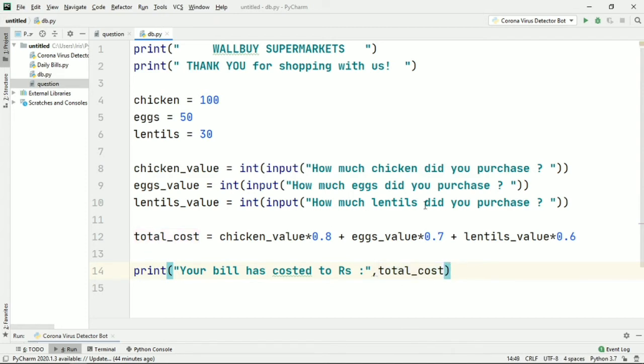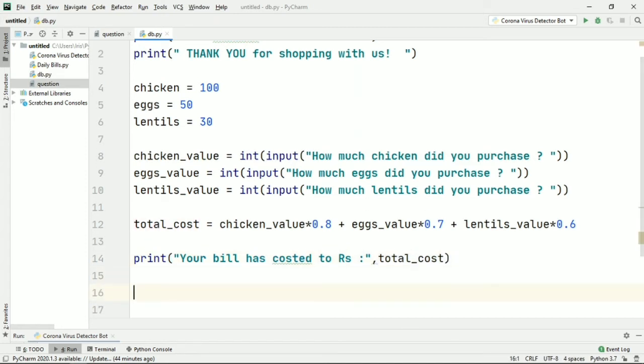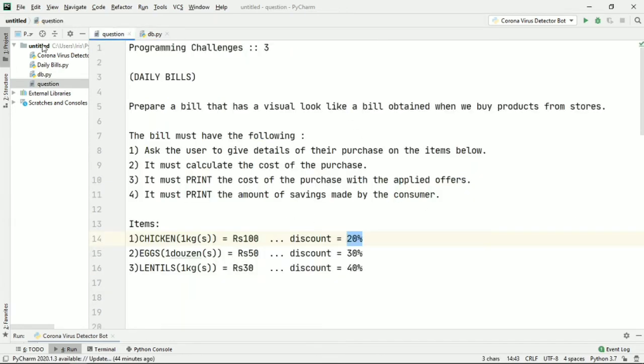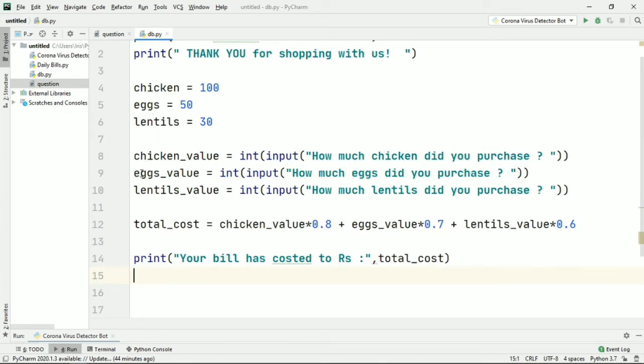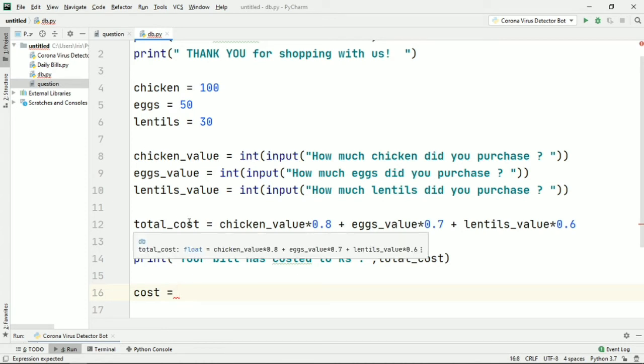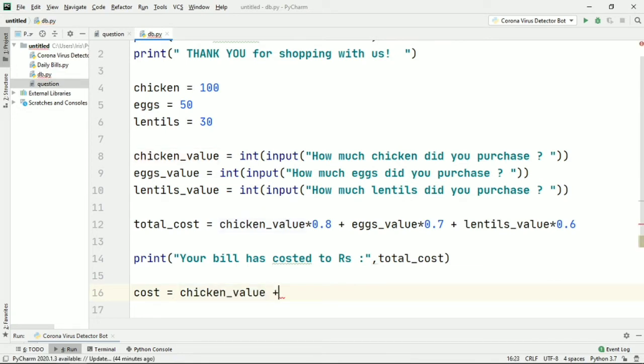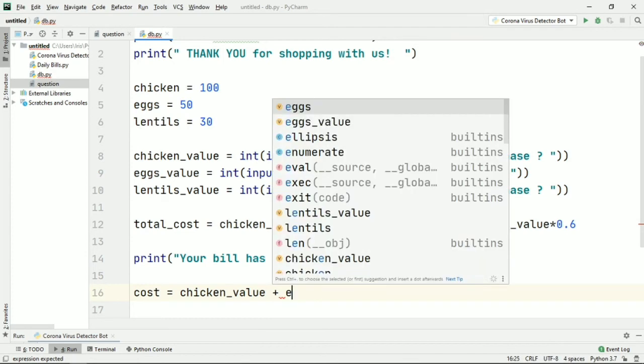So we need to make another variable that I'll just name cost, which will find the cost of the value purchased without the discount. So chicken value plus eggs value, plus lentils value.